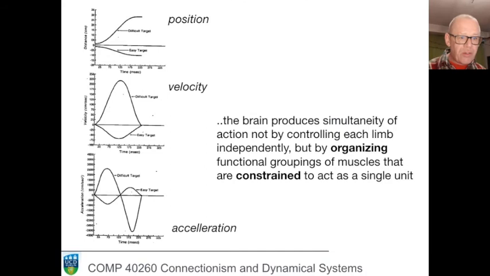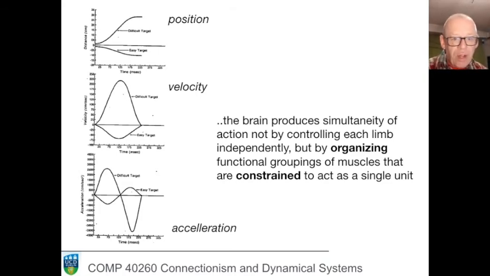Here are some recordings of hand position, speed, and acceleration. Position, on top, you can see this for the two hands. This is one of those trials with a mixture of a difficult and an easy target. And you can see the hands leaving the home keys and moving a short distance to the easy target, and a long distance to the hard target. The speed or velocity is the first derivative of this, and that's a smooth hump-shaped function, so you reach maximum velocity in the middle of the trajectory, and your velocity is 0 at the start and at the end.